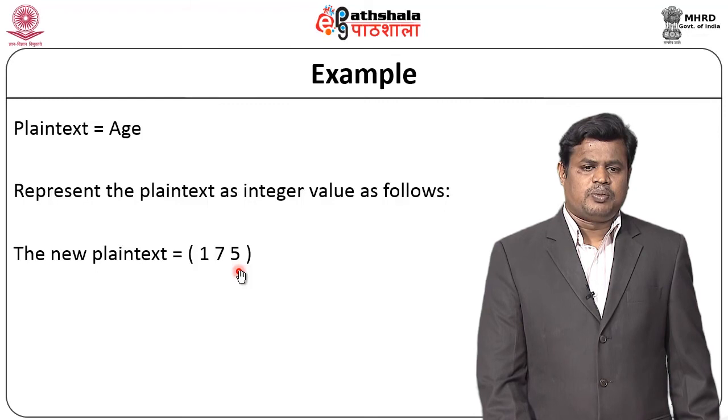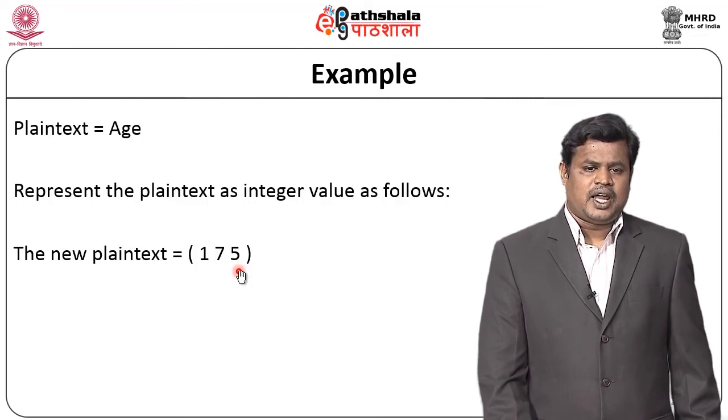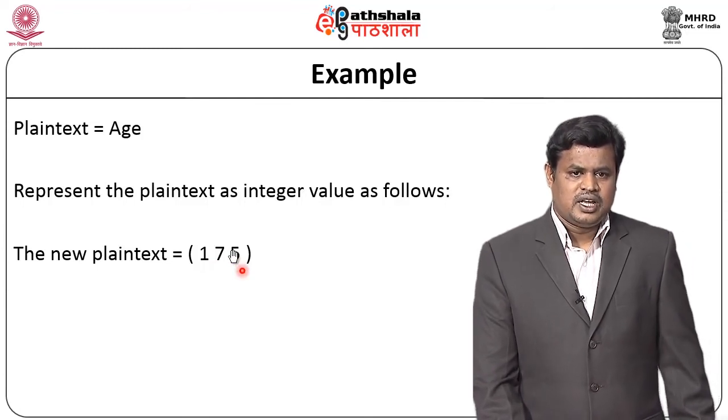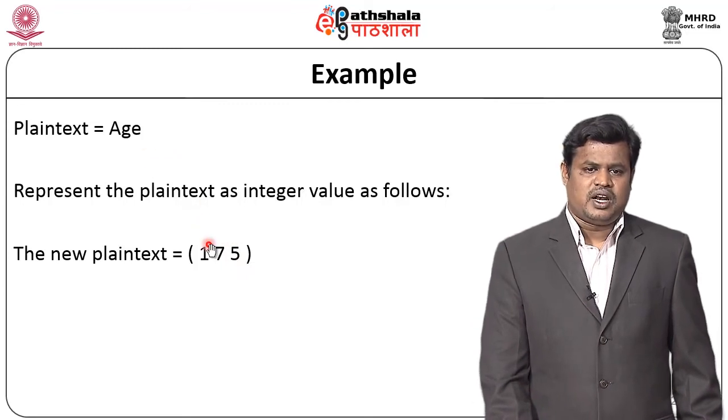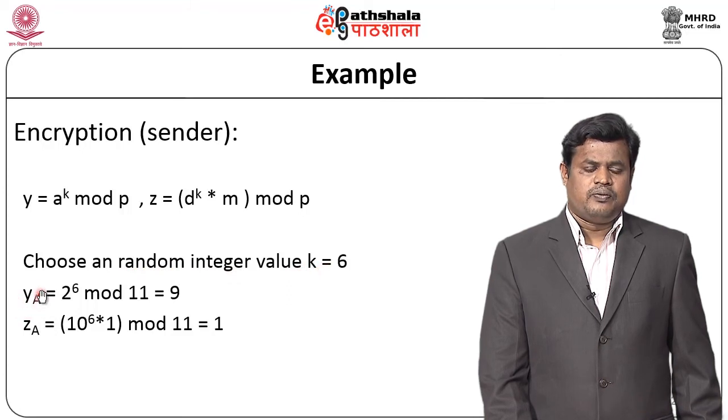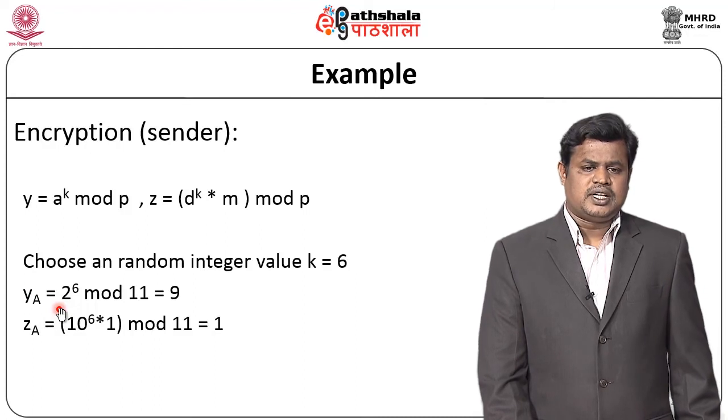According to the alphabet position A, B, C, D, E, F, we are taking here 1, 7 and 5. So we assume our integer values for the plain text are A equal to 1, G equal to 7 and E equal to 5. Now for the encryption, we choose a random integer k equal to 6. So we are able to compute y a, the message that needs to be sent as the first ciphertext. This is your C1,